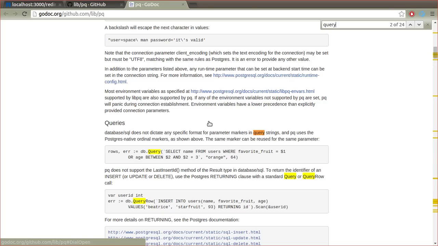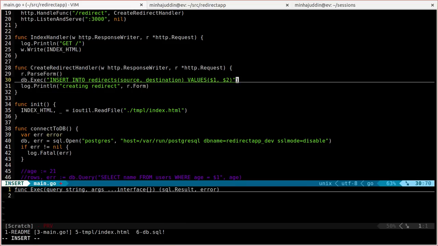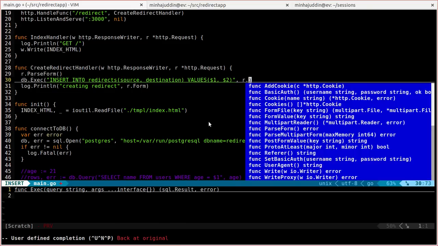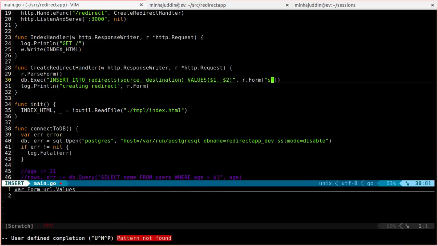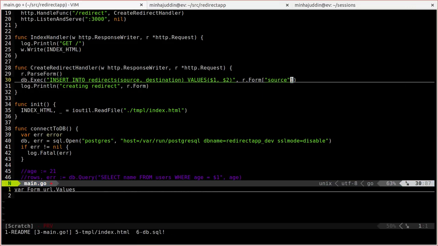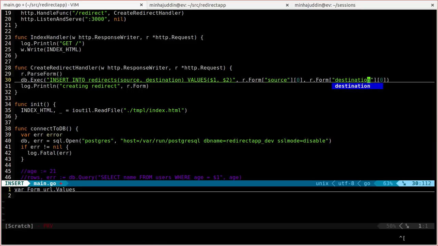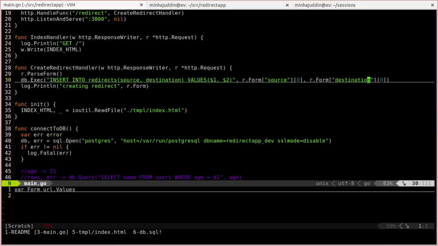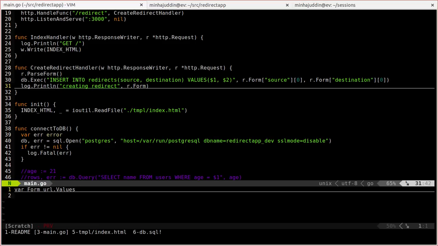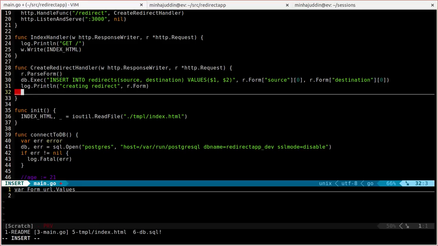Yeah, it's $1 and $2. So $1 and $2, and what is the source form and source, then we need the destination, right? So this should do it, right? This should insert the record in the database, and once we do that, we should